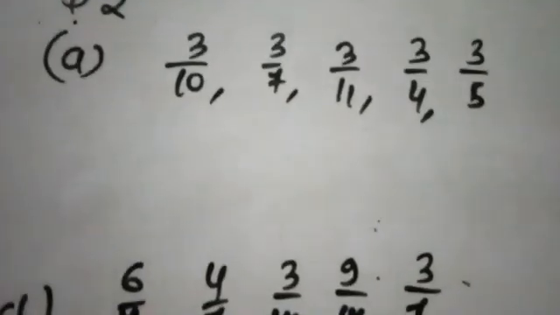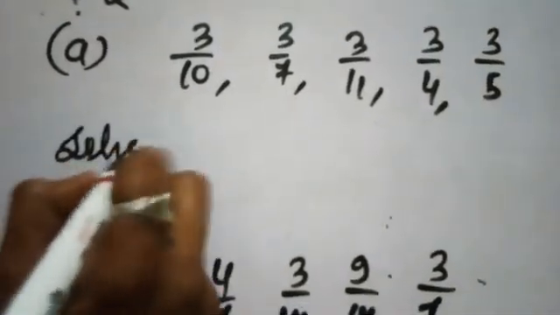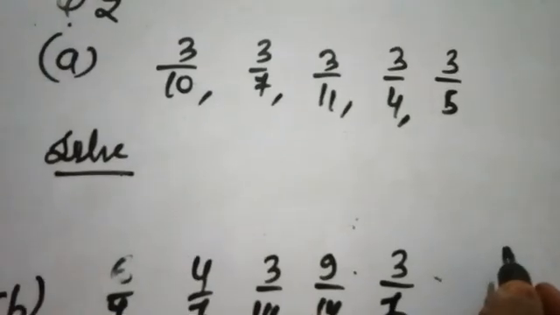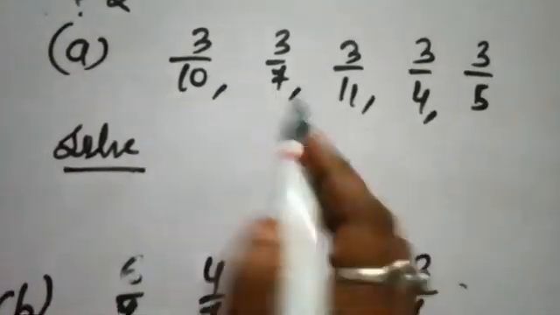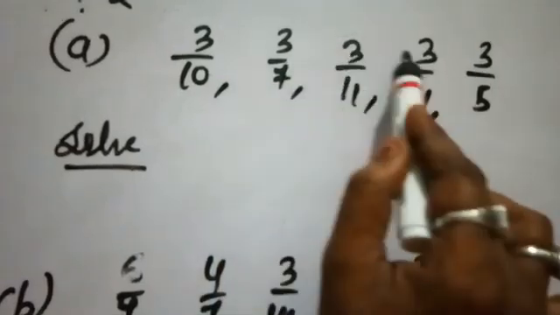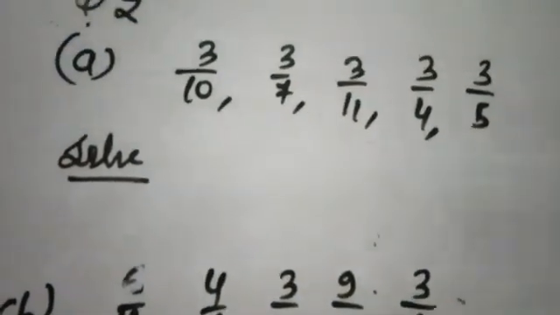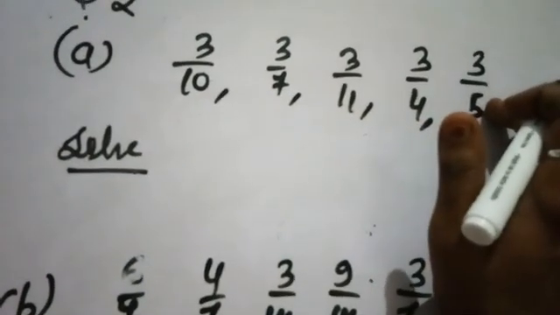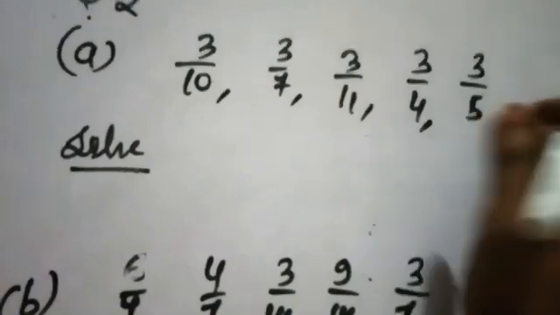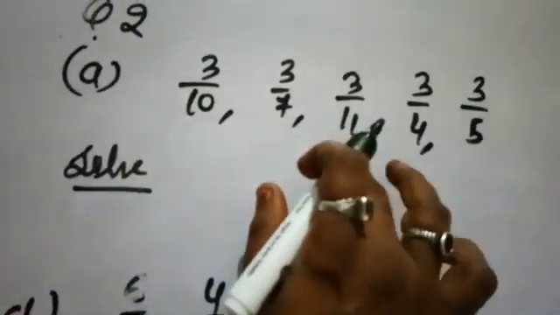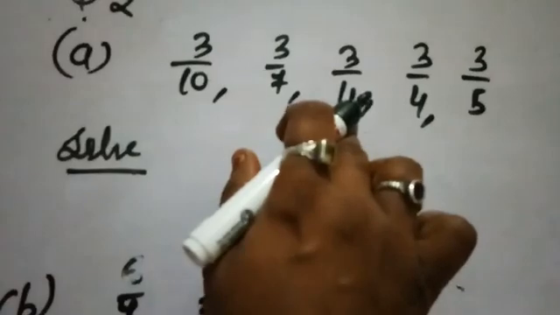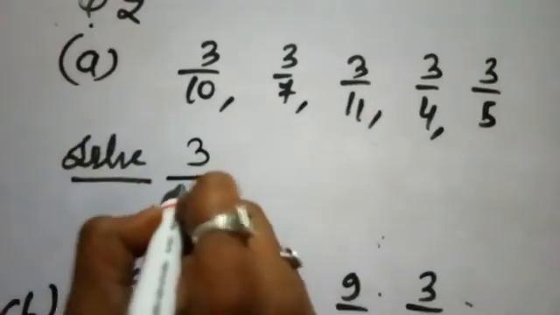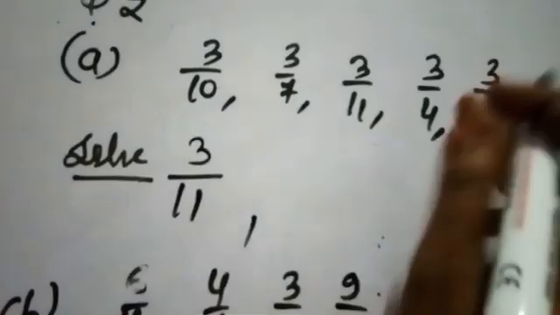So see one part from each question. In the A part, we will arrange numbers in ascending order, means small number to big number. See here, all the numbers have the same numerator. This is the upper part, it is the numerator. So we can easily identify which one is the smallest number. The number with the bigger denominator is smaller. Why do we first identify the small number? Because we want to arrange in ascending order, small number to bigger number.